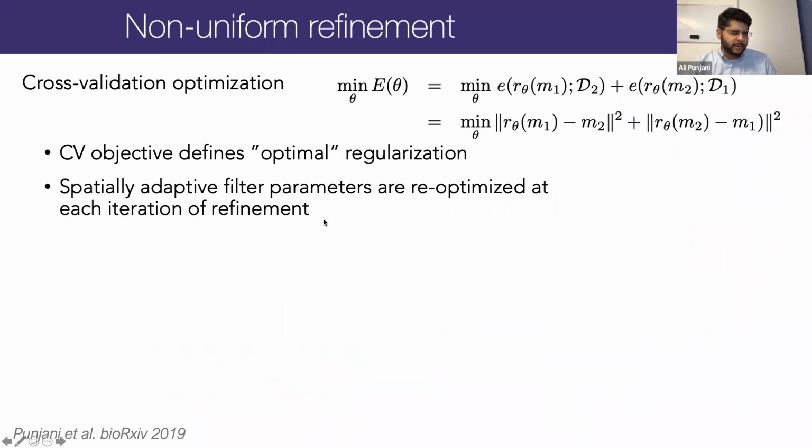How that's actually done under the hood, if anybody's really interested, I would recommend reading the paper. We spent a lot of time writing out the math and making it very clear how the technique works. It's actually pretty neat in that we were able to formalize this whole idea into a notion of cross-validation optimization. So instead of just taking an ad hoc approach and saying, well, we know we want to look at different regions of the particle and try to isolate which ones are different from each other,